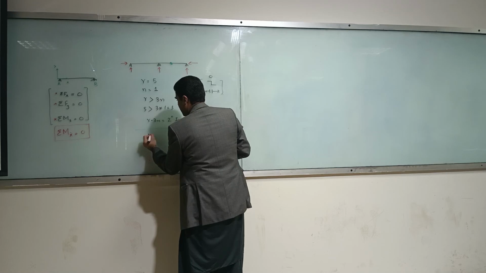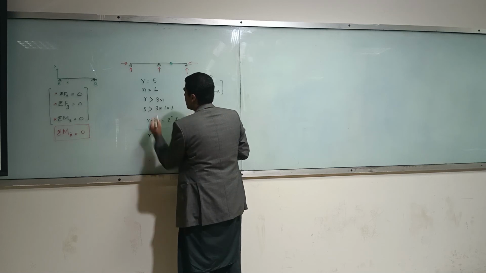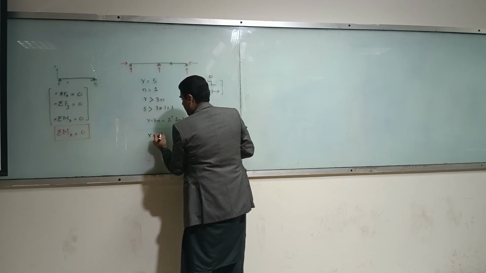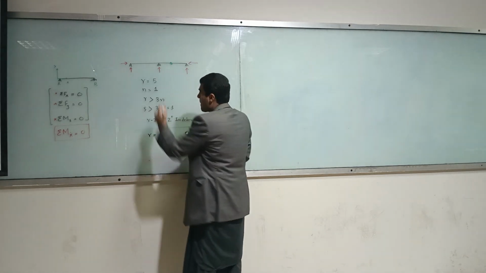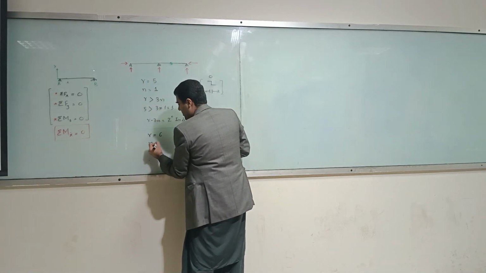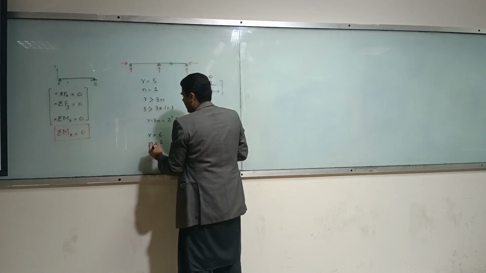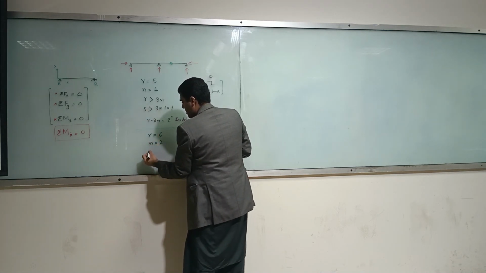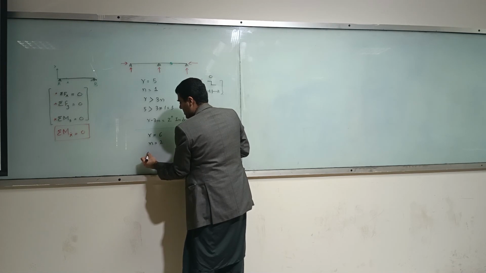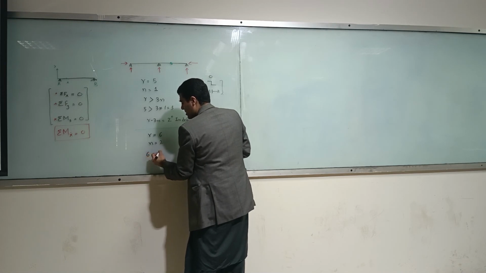So for the second case, R is equal to 1, 2, 3, 4, 5 and 6. Your N is 2 and 6, and so this has become